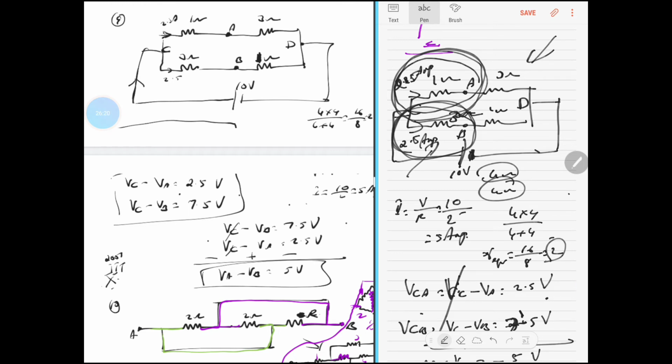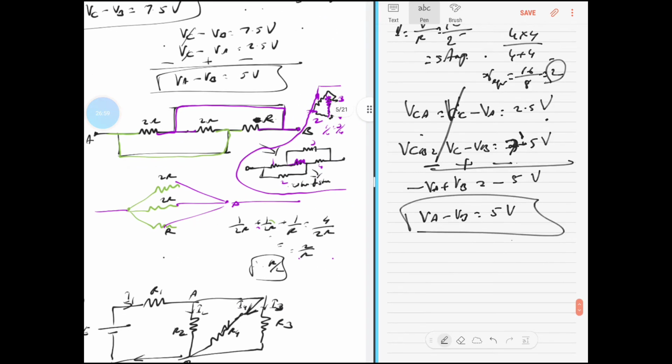Schools generally don't ask such questions, but they might, you never know. Physics is never a consistent paper, they can really make it tough or make it easy. But when you're preparing at a little higher level, you'll always be able to answer the questions that come in school. So the first step is just to treat 1 and 3 ohms, and 3 and 1 ohms, as series, then eventually in parallel. To avoid mistakes, you can do 4 into 4 by 4 plus 4, find the equivalent resistance and find the current, split the current equally on the top and the bottom wing, and then find VAC and VBC, and that becomes VAB. Then this is a repeated question in school exams.